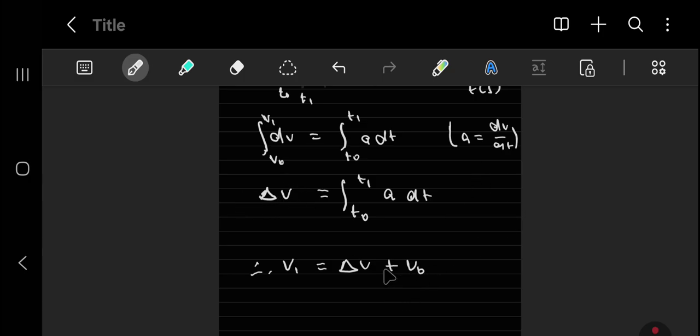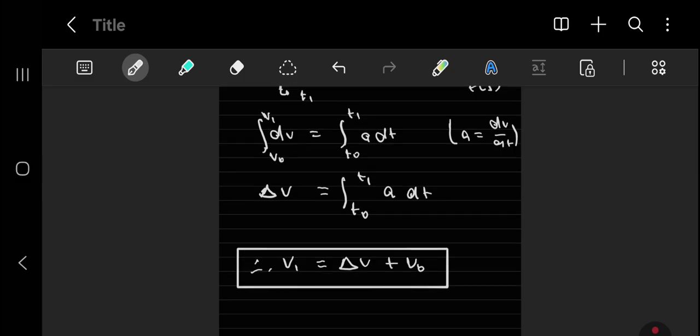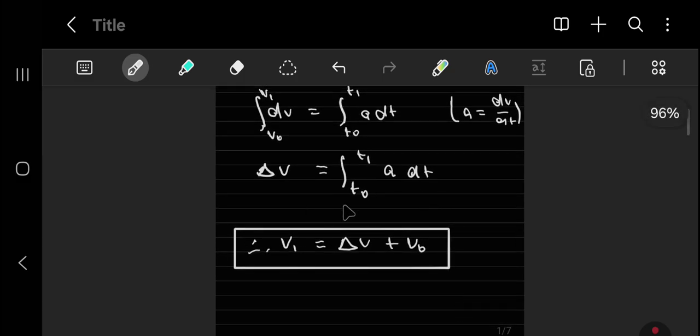So this is going to be my v0 here. So my v1 is equal to change in velocity plus v0. Then this is how you will get your successive points here, right? Then for your v2, you know that also I can just say here vn equals delta v plus v0,